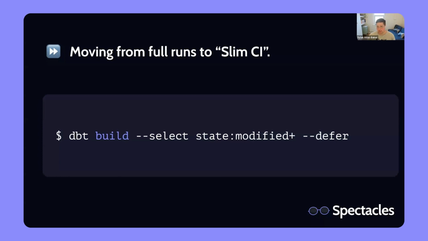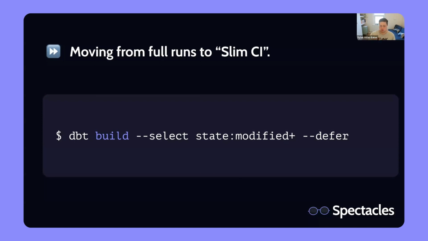dbt makes this super easy out of the box. With a combination of the state selector and the defer flag, you can run a command like this that basically says, run everything downstream of what has been modified. So this select state:modified+ is saying, run all models that have been modified, or the ones downstream of those that may be impacted by the change, and defer to my production